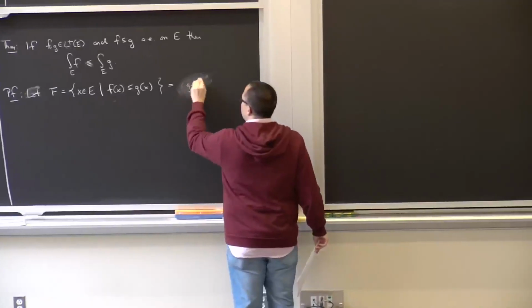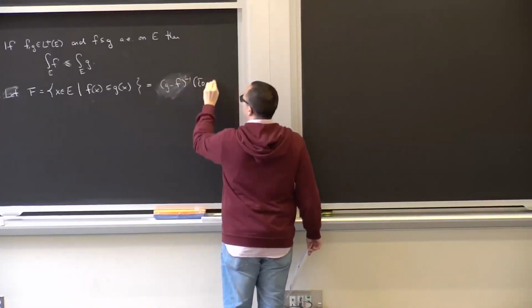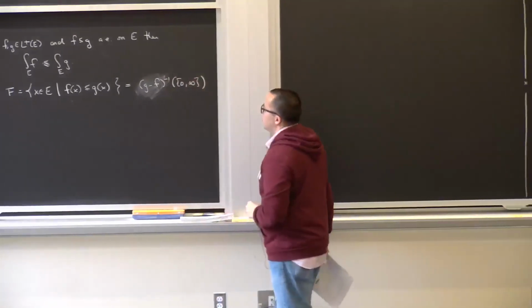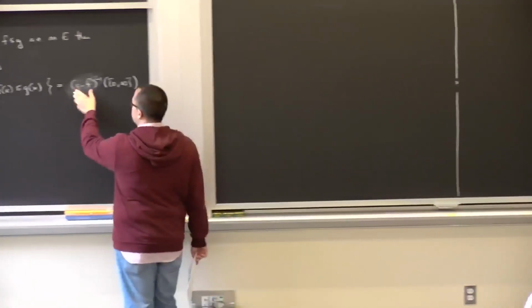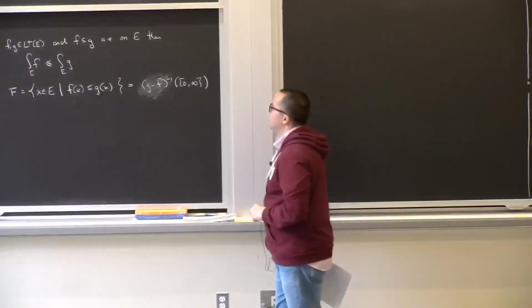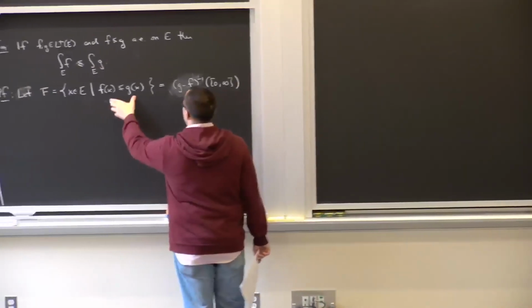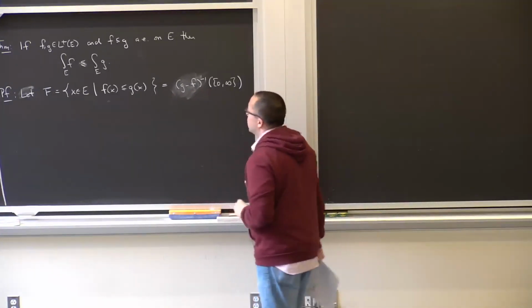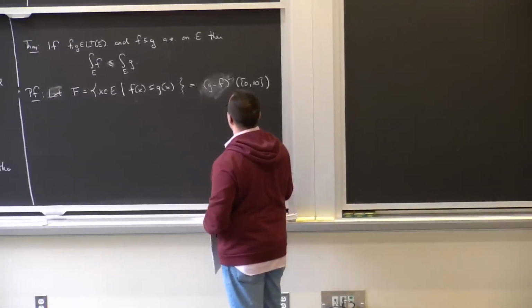Write this as g minus f inverse image of 0, infinity. Okay? And since g and f are measurable functions, their difference is measurable, non-negative, so this is always non-negative. Okay, maybe there's a small issue with what happens at infinity, but you're dealing with that in the assignment, so